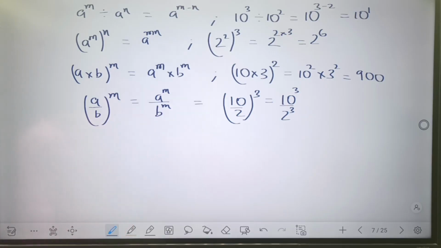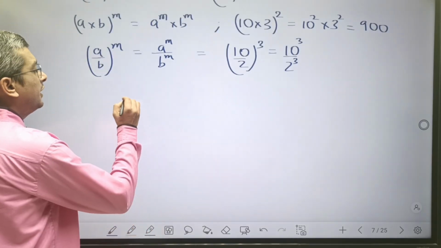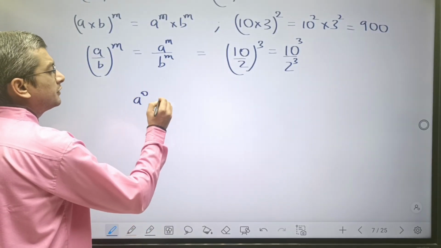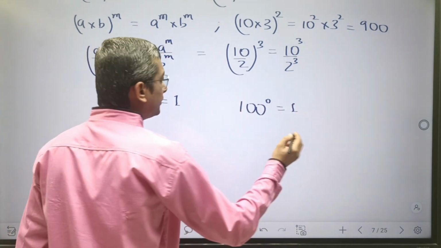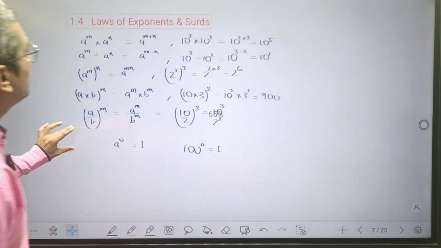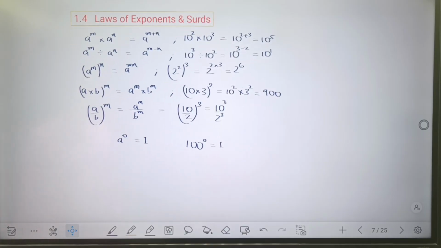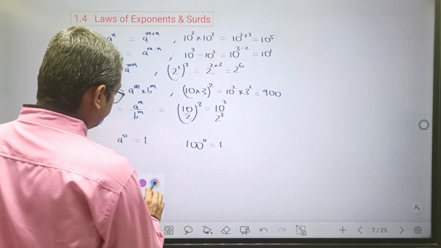So these are the very basic formulas. The very last is any number to the power 0 is equal to 1. Whether you write 100 to the power 0, any number to the power 0 is equal to 1. So you can take the screenshot. Now the next is